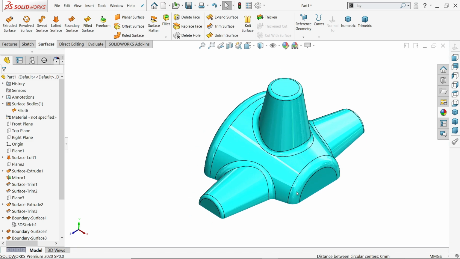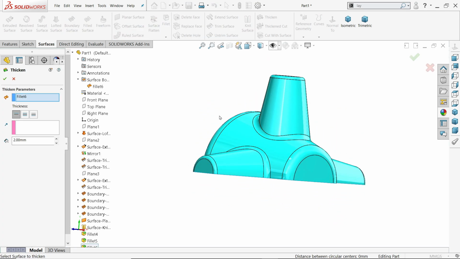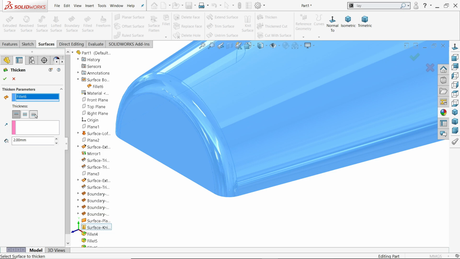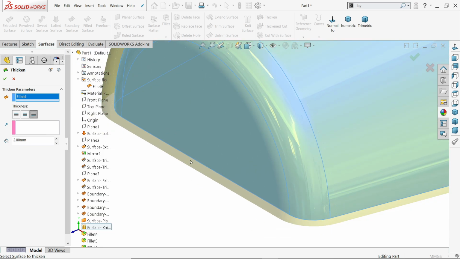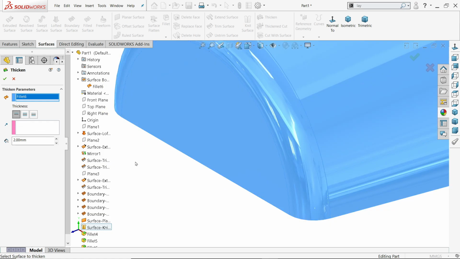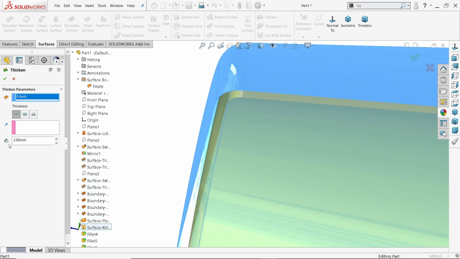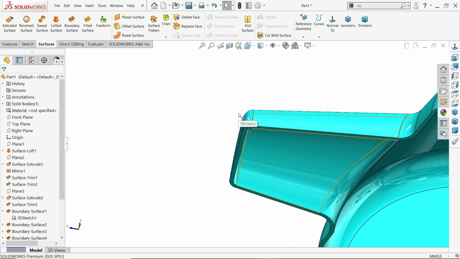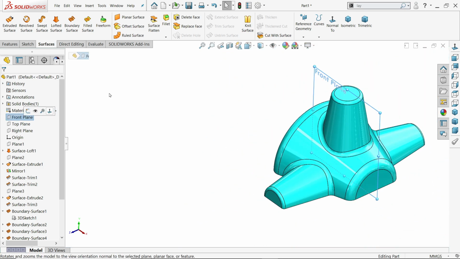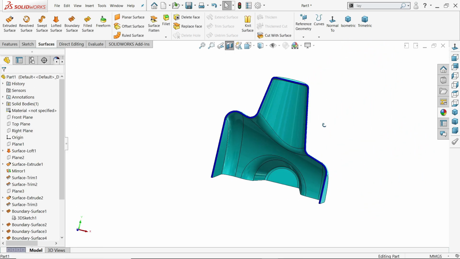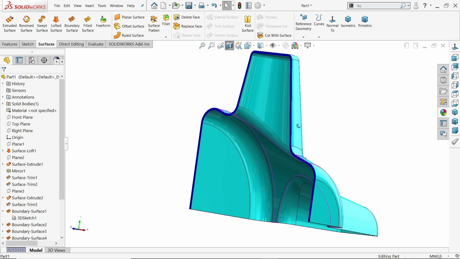okay. Look, now let's apply thicken tool. Now here already the body selected, clear, choose this body again. Now change what direction, see this is outside, we want inside, so thicken side 1, see 2 millimeter, say yes. Look, if I am going to choose section view, front plane, section view, yes, and look, this is how we make our simple exercise in SolidWorks with the help of surface features.